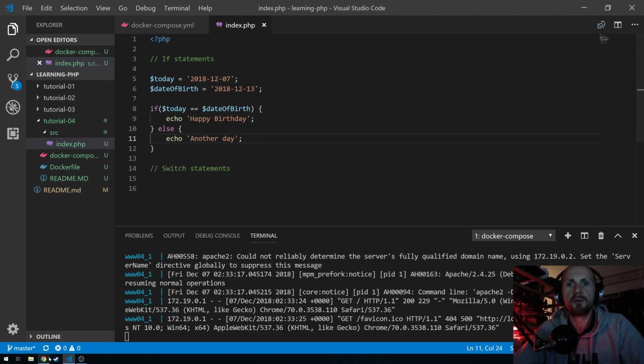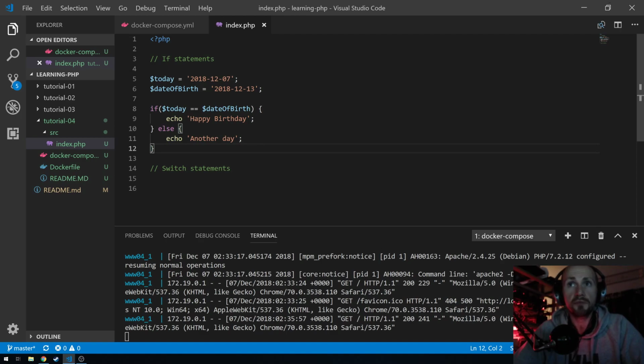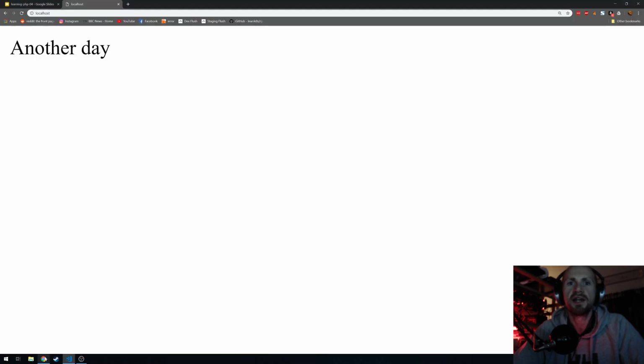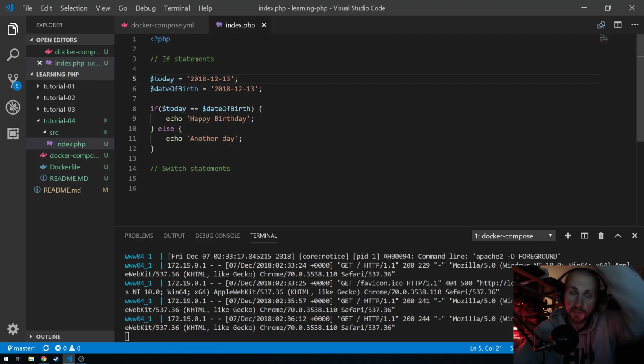So if I open up the browser and test that, we basically get another day because it's not matching the date of birth. If we want it to match the date of birth, we can simply state that today is the 13th, the date of birth is also the 13th, and if I go back and refresh this, happy birthday. Okay,